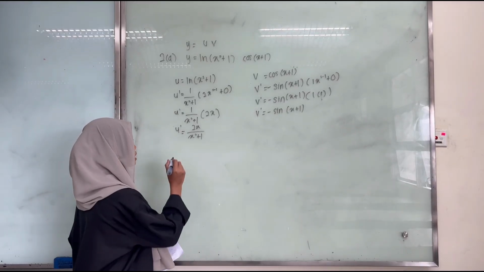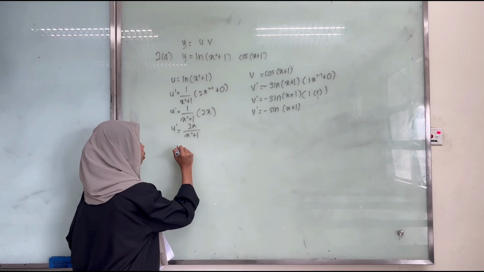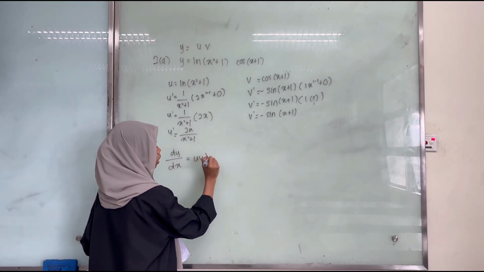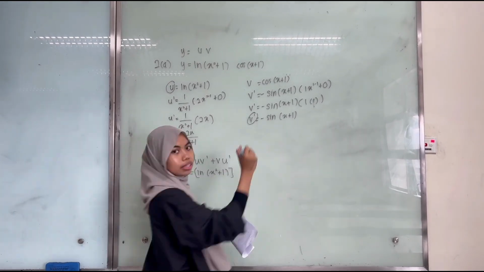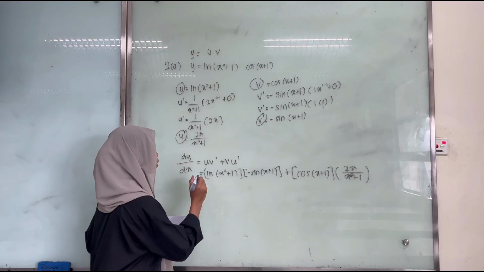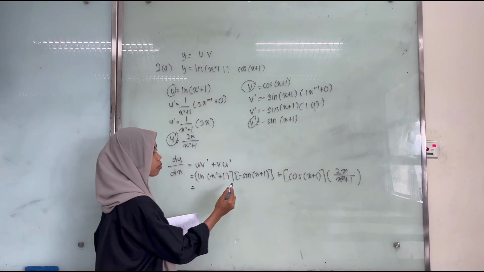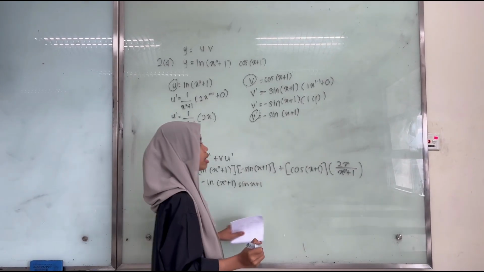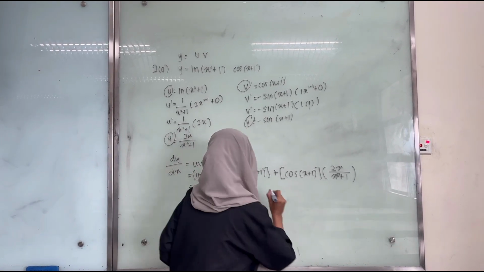Okay, so next we can just substitute the values inside the product rule formula, which is dy over dx equals u v prime plus v u prime. So let's expand one inside the bracket. So ln(x squared plus 1) multiplied by negative sine of (x plus 1), it will become, let's expand, cosine of (x plus 1) multiplied by 2x over x squared plus 1. So it will become